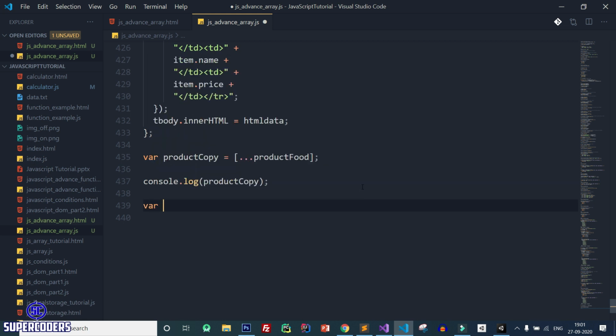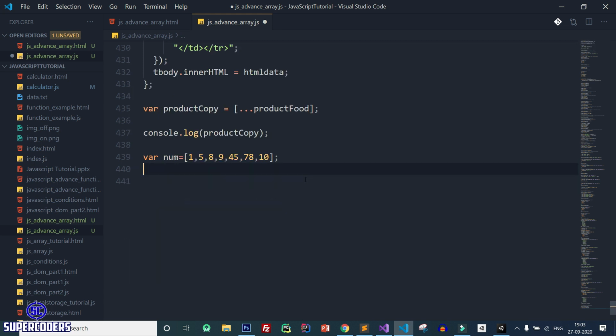So let's suppose that I have some data like numbers or num, which contains some data like 1 to 5, 8, 10, 15, 75, 10. Now let's create a function.